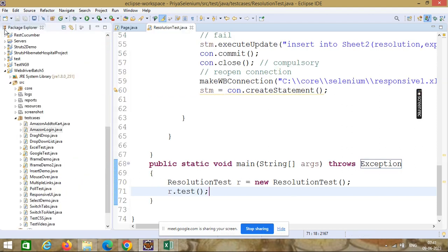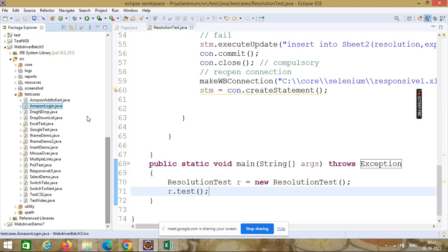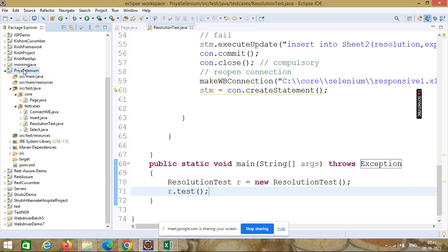So again, if I repeat it, first of all, we have created a Maven project. This is a Maven project. In this Maven project, we have added the required dependency in the pom.xml file. Okay. So it will make our work easy. Instead of downloading the jar file, we just add it over here. It will automatically be added in Maven dependencies.